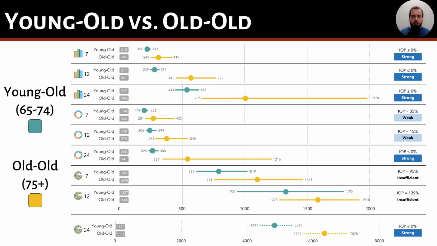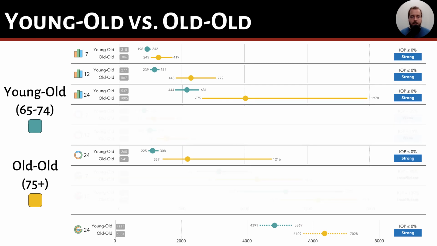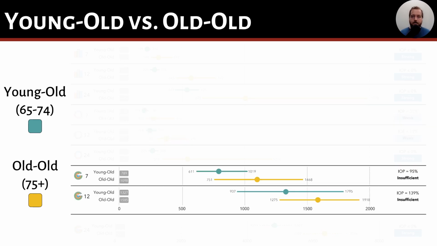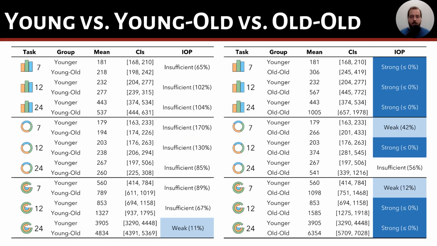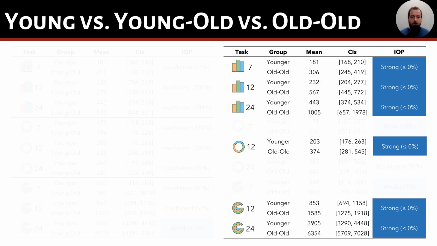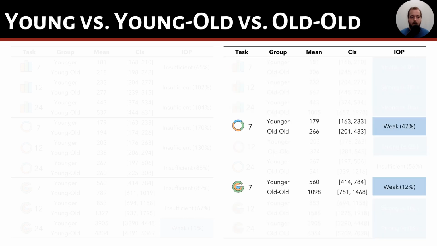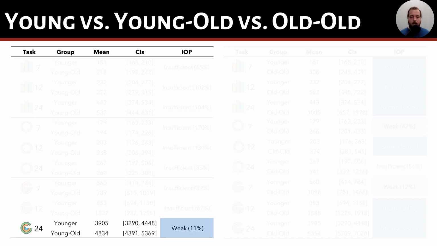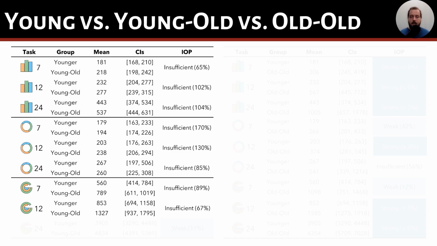Within the older adults group, we also observed strong evidence of differences for 5 conditions, including all of bar, weak evidence of differences for 2 donut conditions, and insufficient evidence for 2 radial conditions. Comparing younger adults to each of the older adult subgroups, we found something especially interesting. Between younger and old adults, 2/3 of conditions had strong evidence of differences. 2 had weak evidence, and 1 had insufficient evidence. Meanwhile, only 1 condition had weak evidence between younger and old adults, and the rest had insufficient evidence.